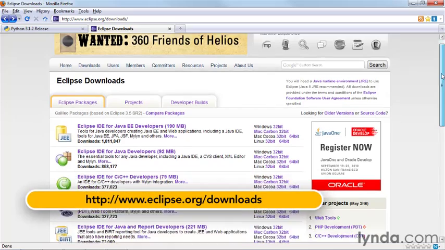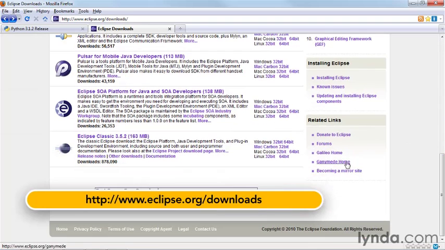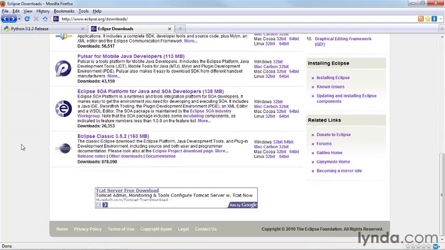Now, in order to install Eclipse, you must have Java installed, and you should probably have the latest Java installed. So I strongly recommend that you make sure that your computer has Java and it's the latest version of Java. Windows machines do not necessarily come with Java already installed. So you need to make sure that you have Java installed before you install Eclipse. Eclipse is designed to be a development environment for the Java language. We're using it here to develop in Python because it has a lovely plugin available for Python development, and that